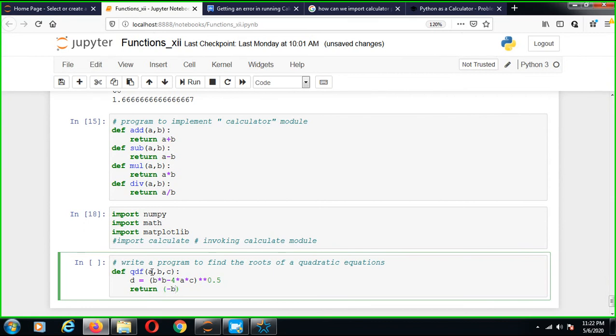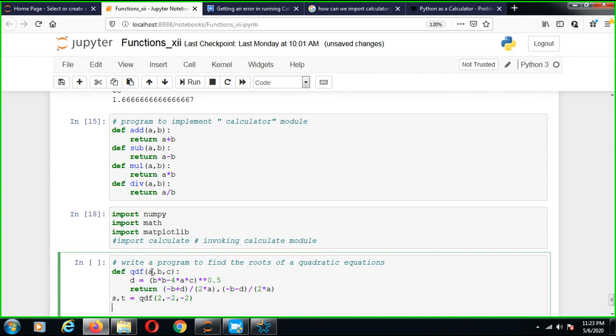minus b plus d divided by 2*a, comma, minus b minus d divided by 2*a. Then assign s and t variables to the qdf function with 2, minus 2, minus 2, then print s, tab separator, t.